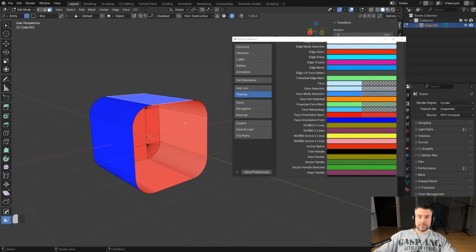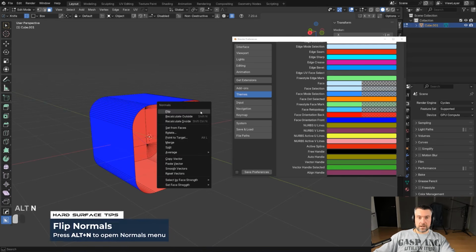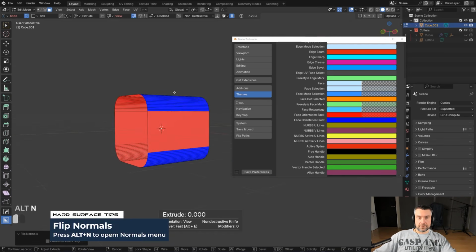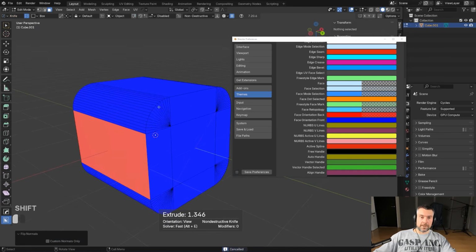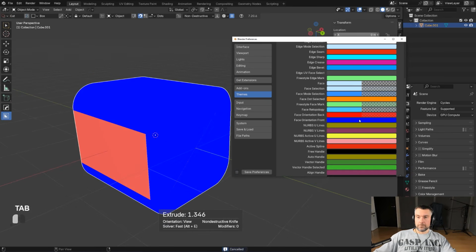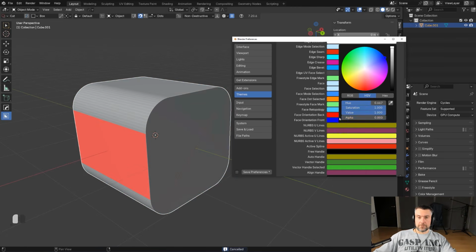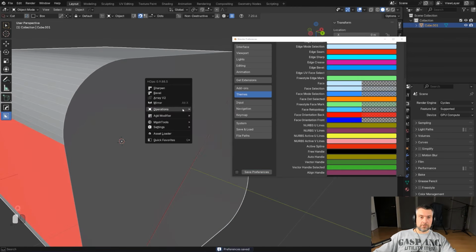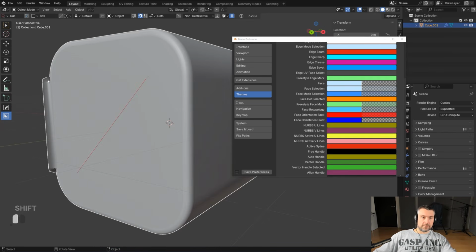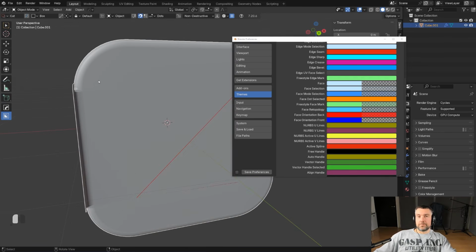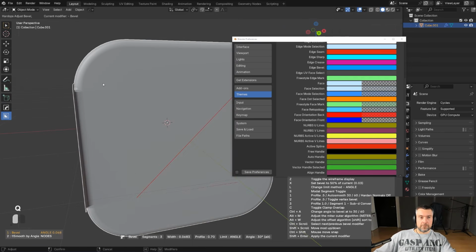If this face is going to be flipped, let me go to Alt-N and flip this face. This is a flipped face, and this is going to cause all kinds of problems, including bevels. Let me just turn off this psychedelic feature for a second. If I'm going to run a bevel on this one, you see what happens? This happens. The face is flipped, so the bevel is flipped, yeah? You can't really sometimes see these things, especially when your bevel is going to be really